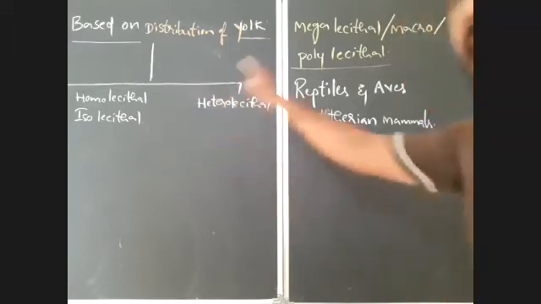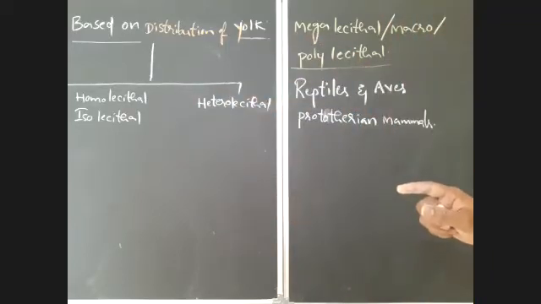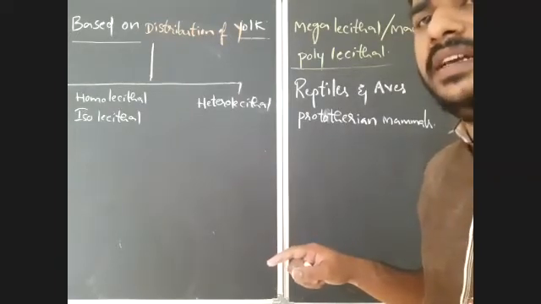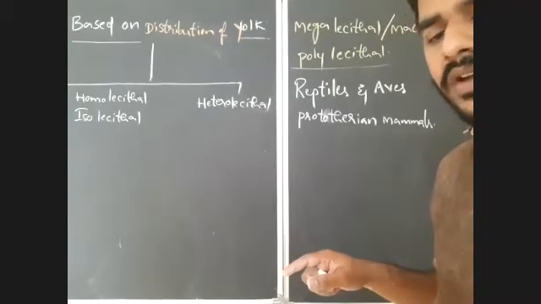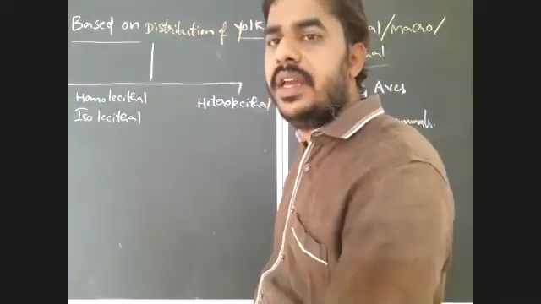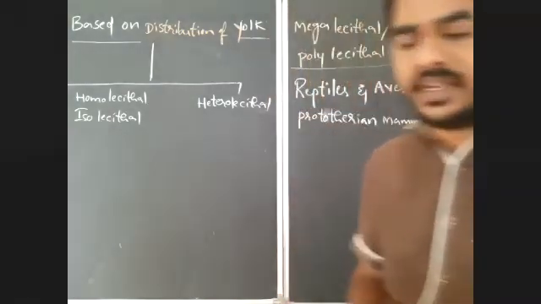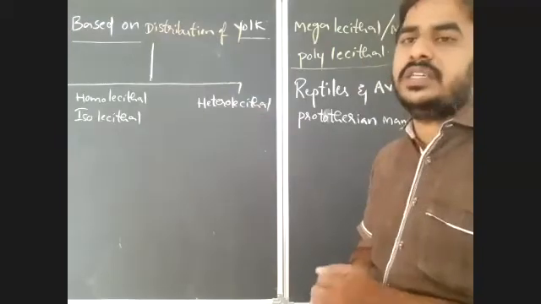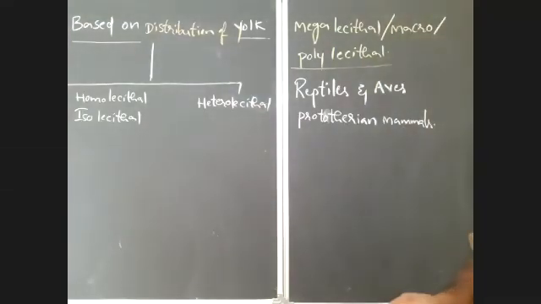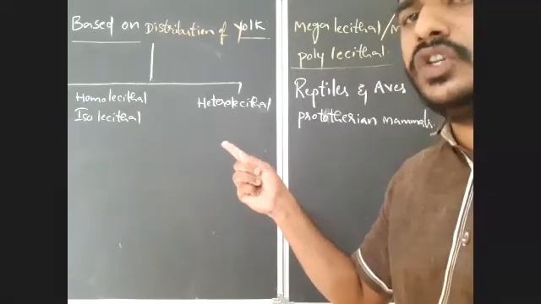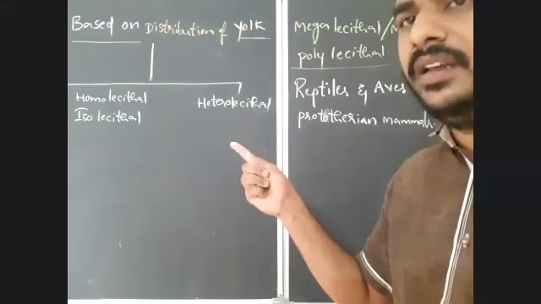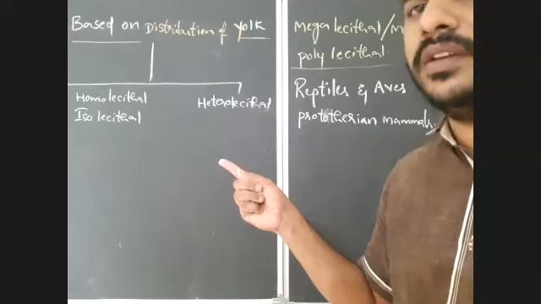where the yolk is evenly distributed throughout the egg. There is uniform distribution of yolk. If the yolk is uniformly distributed, that type of eggs are known as homolethal eggs or isolethal eggs, that you have to remember. So in the homolethal or isolethal eggs, the yolk is distributed throughout the egg evenly,